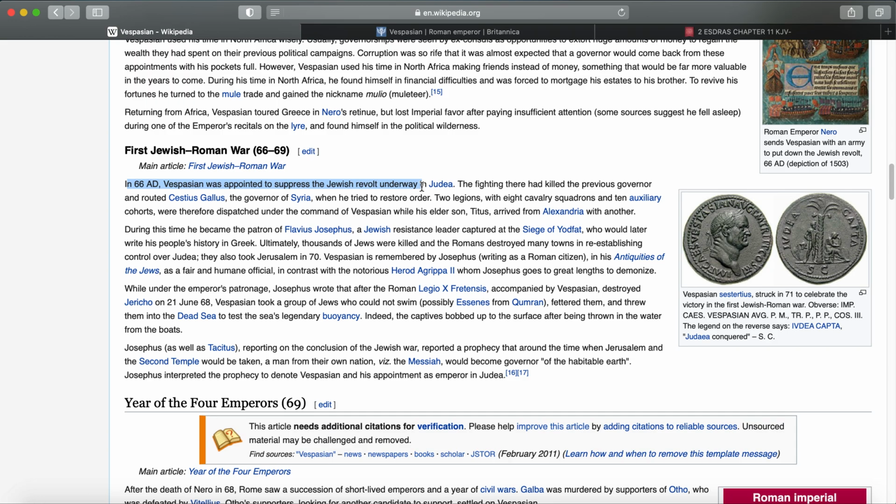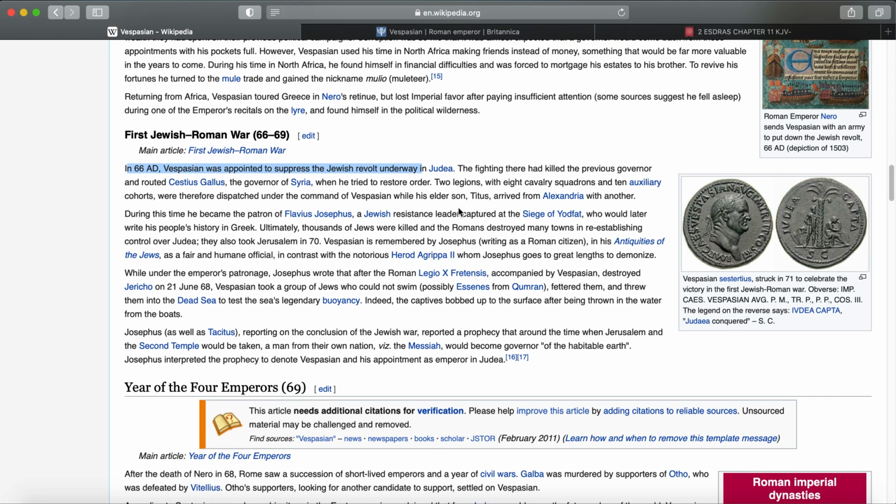Now, keep in mind Vespasian's sons, because that's where you get the Flavian dynasty from. You have Titus and Domitian. But who was he bringing up at this time? We're going to read about it. It says the fighting there had killed the previous governor. All right, let's keep going. Let's skip down. It says 2 legions with 8 cavalry squadrons and 10 auxiliary cohorts